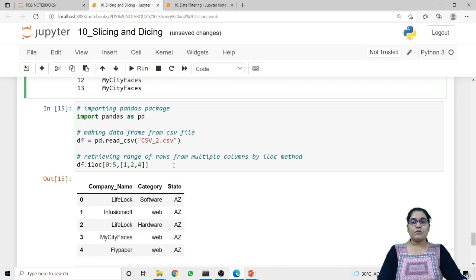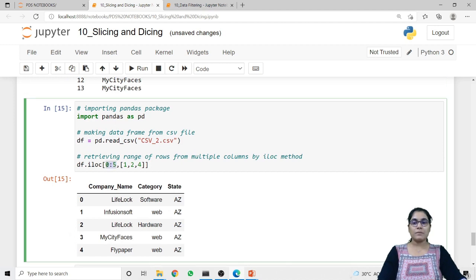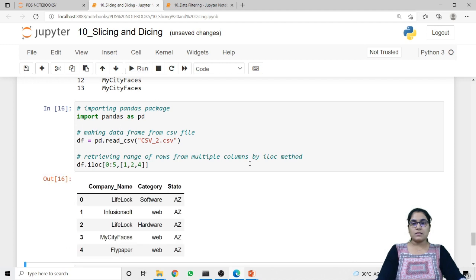Now, if you want to retrieve a range of rows from multiple columns, then we have to pass both the parameters in our iloc method. So here I am passing a range 0 to 5 for the rows and 1, 2 and 4 for my columns. So 1, 2 and 4 are the list of columns that I want to fetch the data from. So let's run this code.